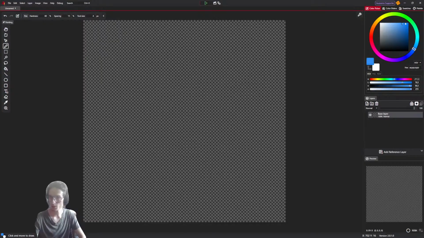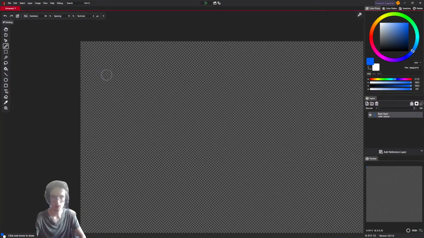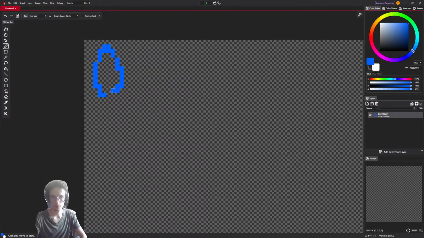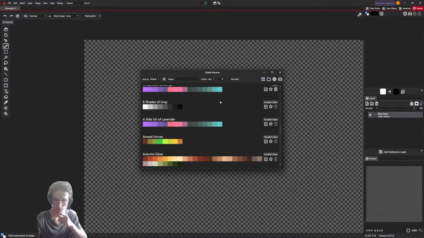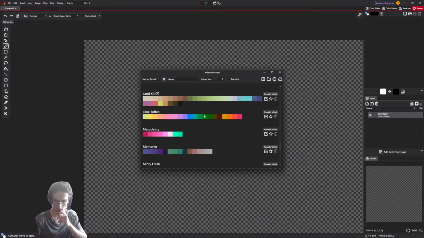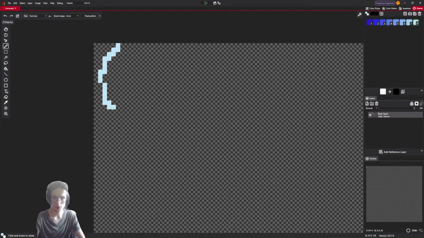I will start by making a droplet. Let's make a pixel art here. I'm gonna select a tab here. No, that's not a good color. Let's go to the palettes. We have some cool palettes here. Oh, ocean waves, yeah.